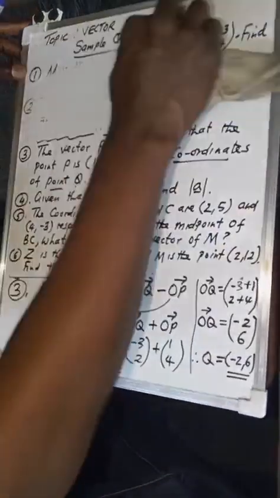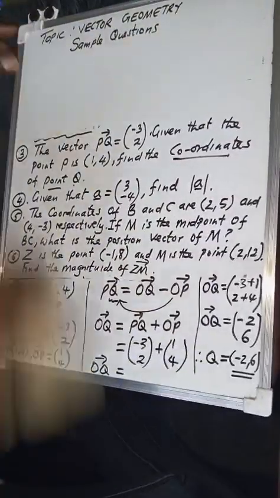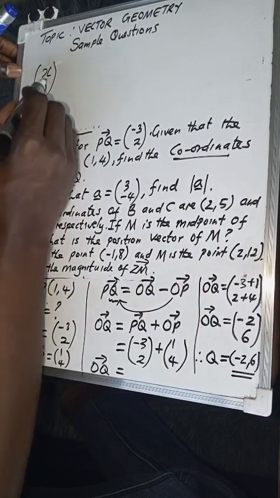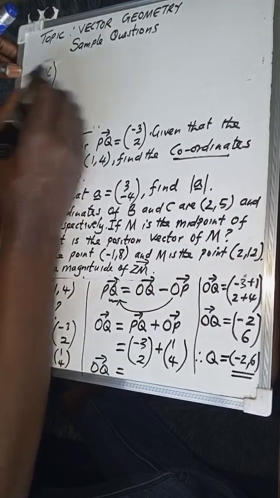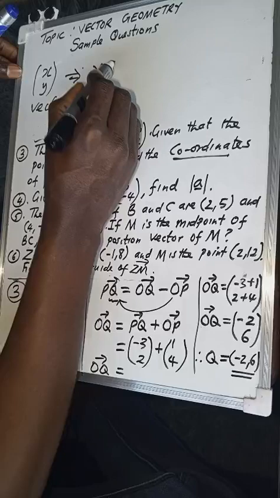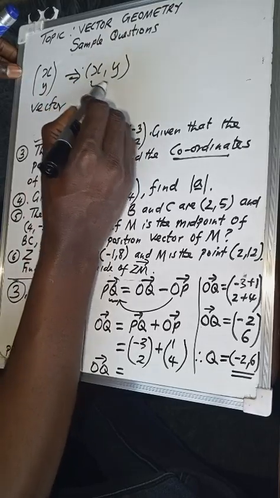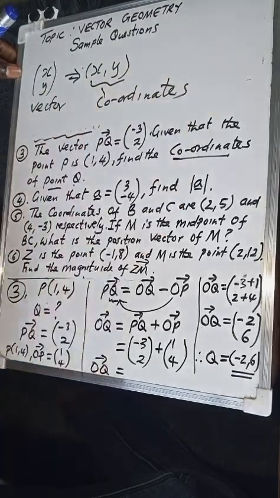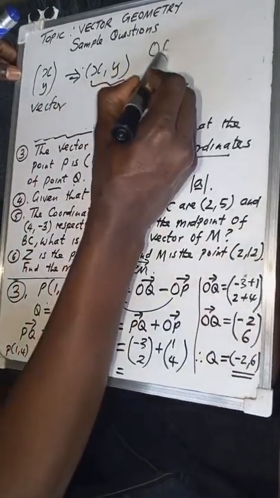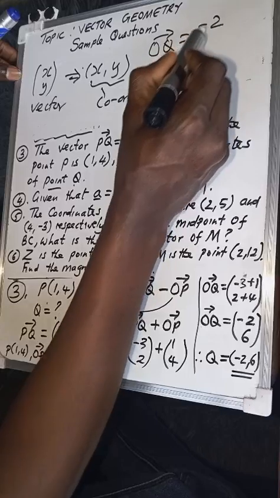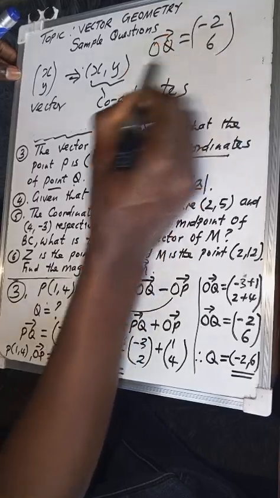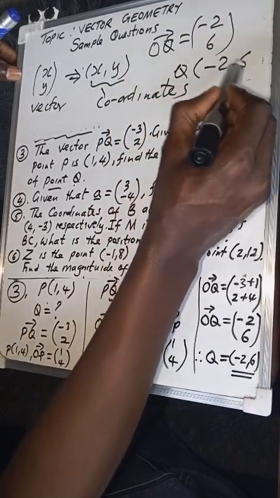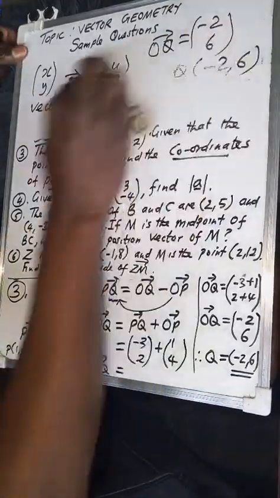Remember, that is what I told you. When you write in the form x, y stacked like this, it is a vector. But when you change this and write it in horizontal form, what you have here are simply coordinates. That's the same thing I've done. Since OQ is equal to negative 2 and a 6, if I want to get just the coordinates of Q, I just need to change this one to (-2, 6). That's basically the simple idea that you need to